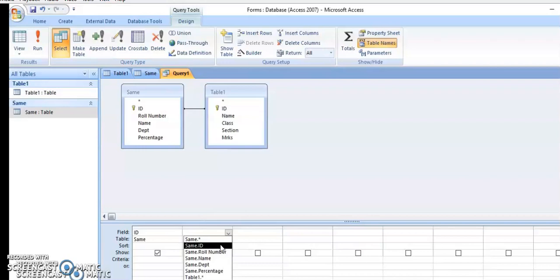Then we have criteria. Criteria means conditions. I'm applying a criteria where students who score above 90 will be given a scholarship. That is a criteria. Based on that criteria, I'm choosing some students. For that purpose, we apply conditions known as criteria. Yes, you can give one or more conditions.